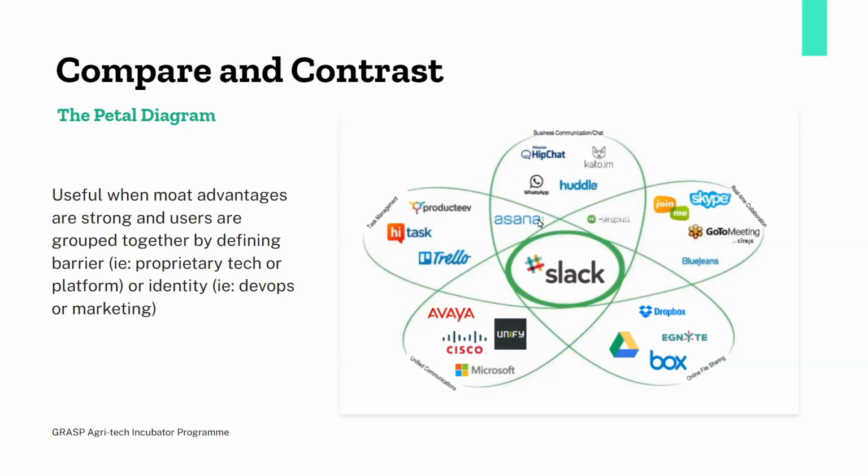And then at the intersection of this, very much like the Venn diagrams, you'll see some services that already do 2 or 3 of these things, right? So you can build intersections for those petals to try and understand where that competition is. And those intersections may be stronger competition because they are multifaceted and they are providing different services, just like Slack wants to in this case. So yeah, that's something that you can work with.